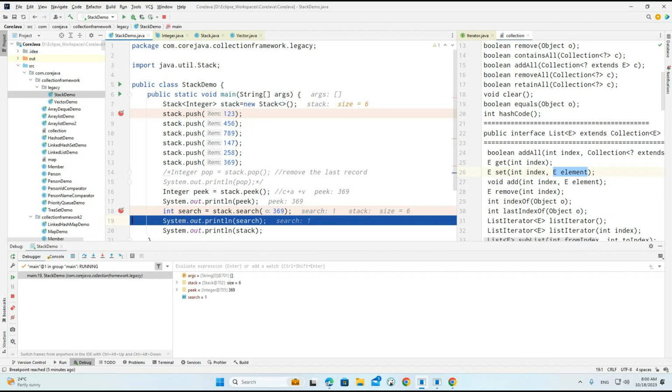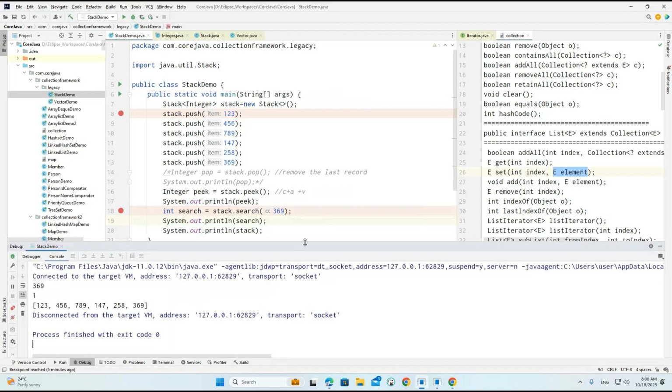Any question? Okay. If you don't have anything now, we need to discuss another important legacy class called